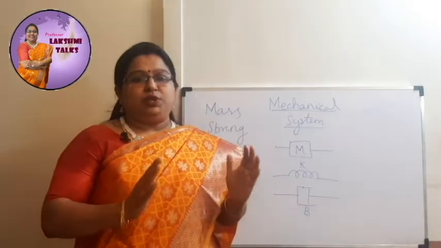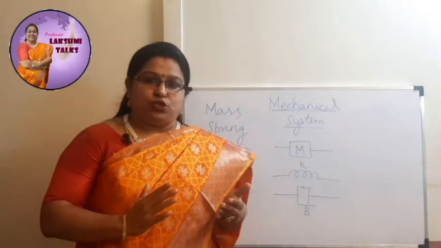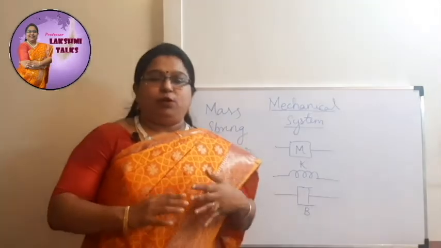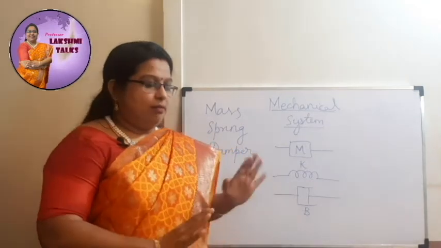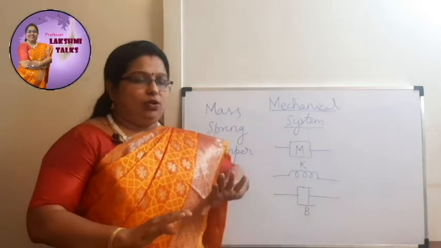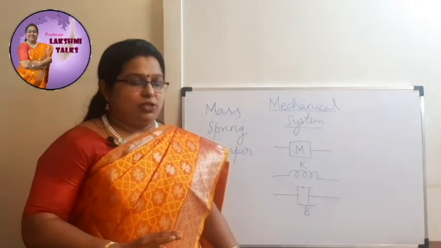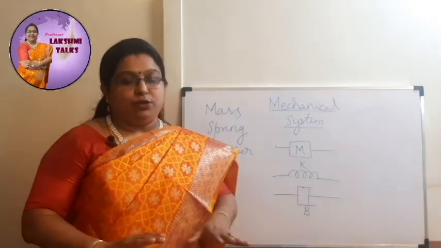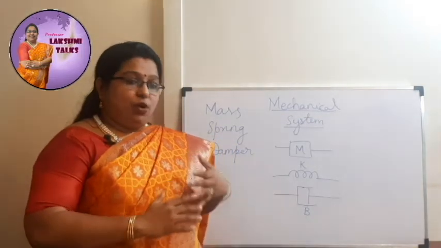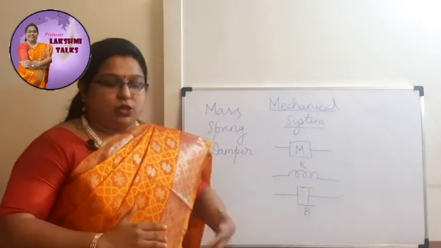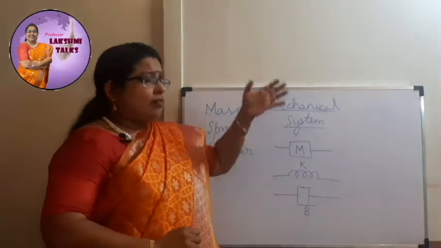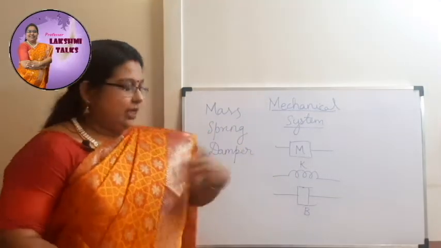Every body continues to be in its state of rest or of uniform motion unless it is acted upon by an external force, right? So similarly, whenever you apply a force on a mass, take for example a table, just try pushing a table with a normal force, without giving too much. Will it start moving? No. Initially it has an opposing force. When you give a force which overcomes the opposing force, only then the mass or the table starts moving, right? So every object has an opposing force inbuilt.